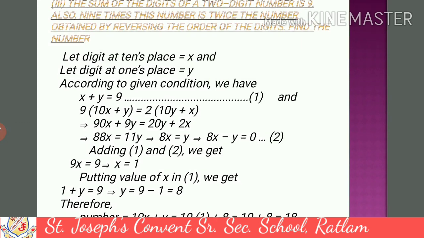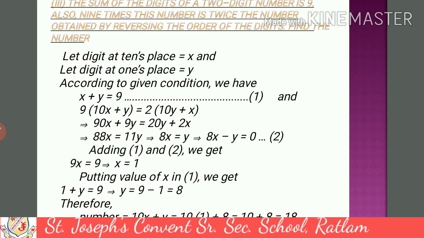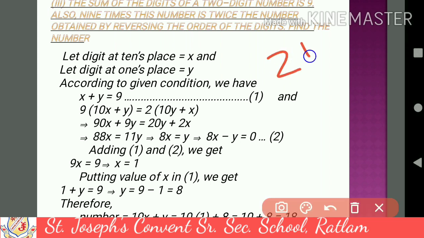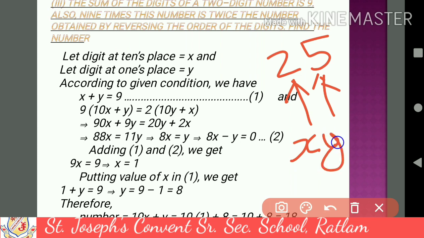So here, if you see carefully, you have to deal with two variables. So if I take any number, for example 25, what is 5? 5 is the digit at the ones place and 2 is the digit at the tens place. So let us suppose that the digit at the tens place is x, and the digit at the units place, ones place, is y. So what will be our number? Our number will be xy. So the main target here is finding the values of x and y, that is the digit at the tens place as well as the digit at the units place.